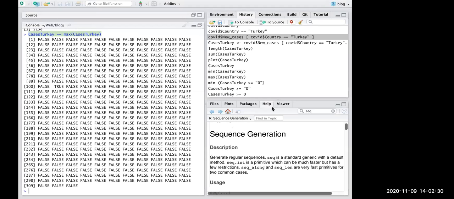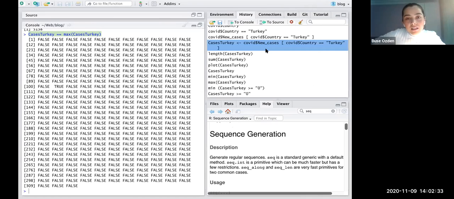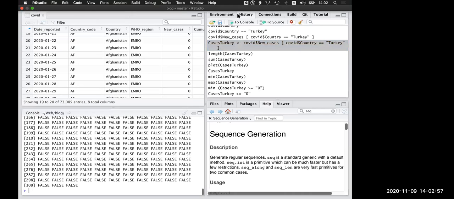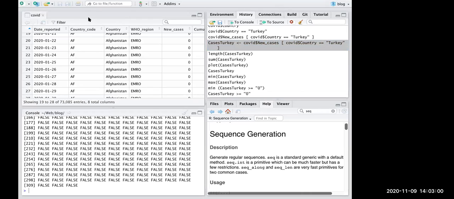Essentially the same as we did here, but instead of taking new cases, we have to take the date. The problem is that in Windows you get a funny name for the first column. When I show you here, the first column is called date reported, but you may have a different name. You remember there was a trick with the encoding. So it will not be so easy. But if everything goes right,